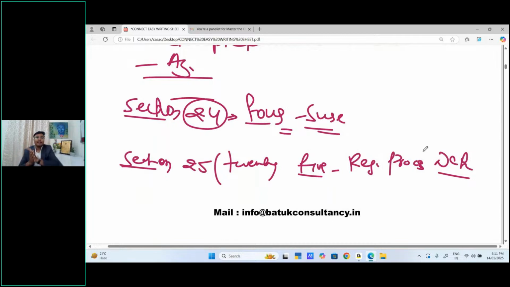Okay. Section 25, registration process defined. In this particular section, government has defined the registration process. What we see daily on the GST portal, where is it coming from? Everything is coming from the sections only, from the law only. So the same is from section number 25, registration process defined, and in that particular section they have specified that,